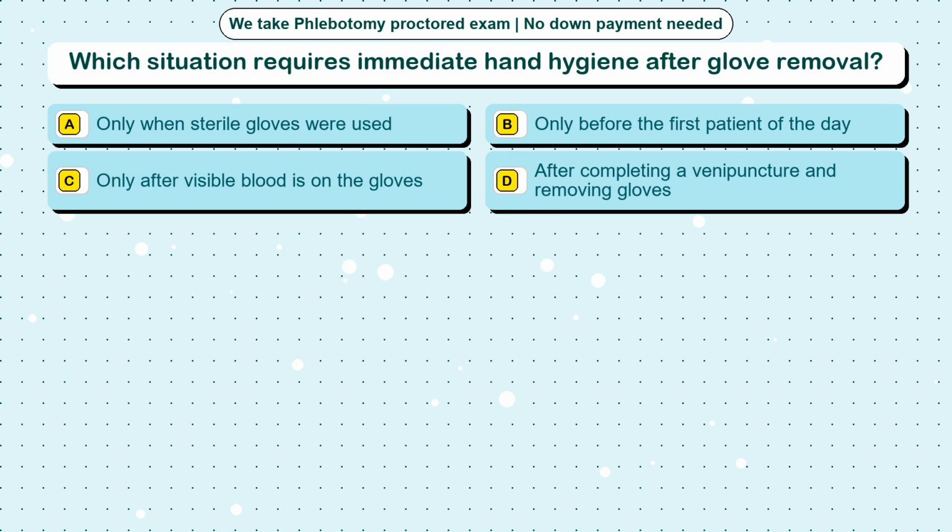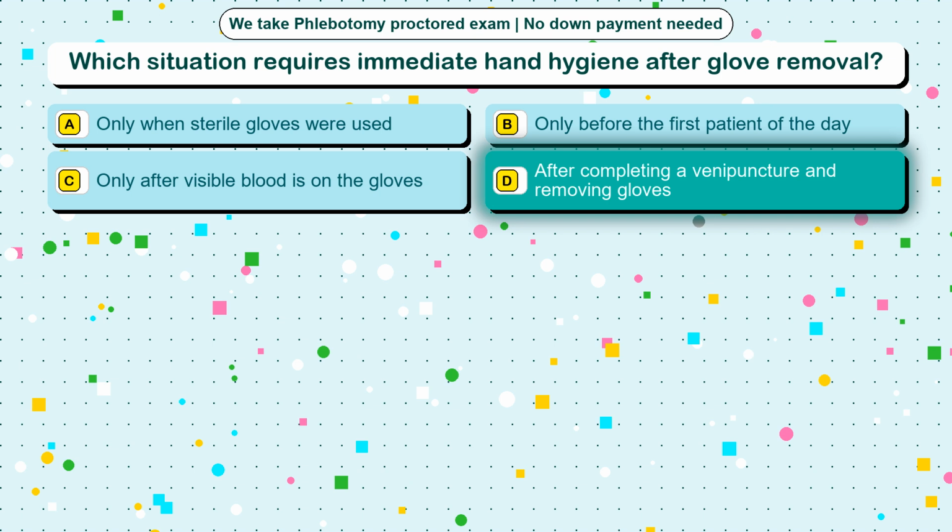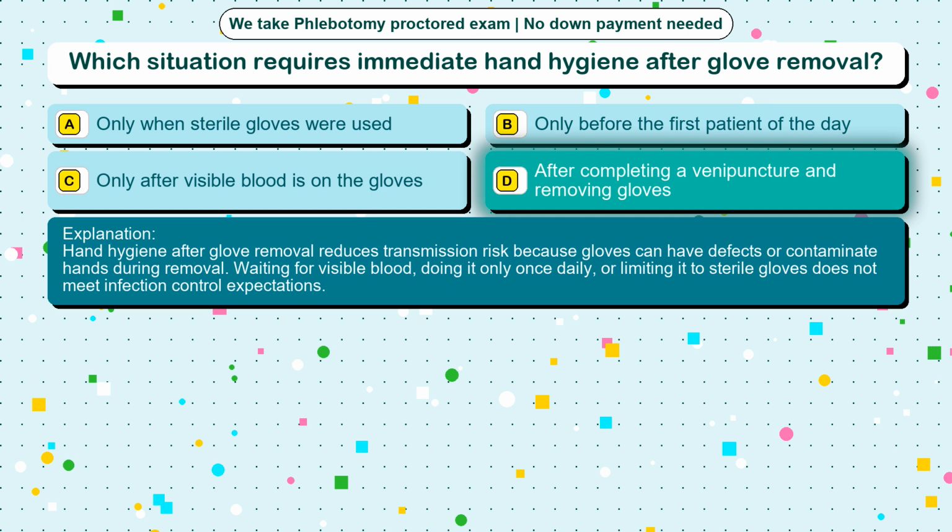Question 49. Which situation requires immediate hand hygiene after glove removal? Option A, only when sterile gloves were used. Option B, only before the first patient of the day. Option C, only after visible blood is on the gloves. Option D, after completing a venipuncture and removing gloves. The correct answer is option D, after completing a venipuncture and removing gloves. Hand hygiene after glove removal reduces transmission risk because gloves can have defects or contaminate hands during removal. Waiting for visible blood, doing it only once daily, or limiting it to sterile gloves does not meet infection control